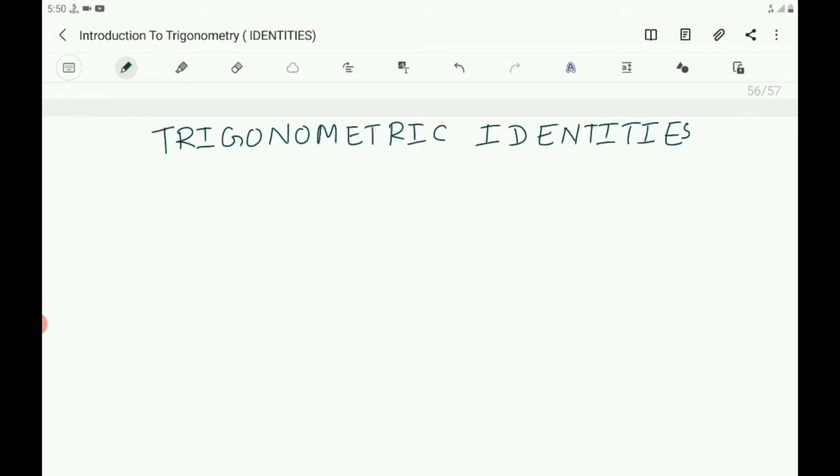Second one is 1 plus tan square A equals secant square A. And third one is cot square A plus 1 equals cosec square A. So, three fundamental trigonometric identities are